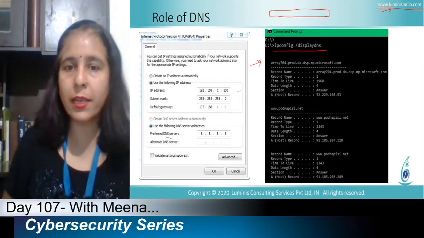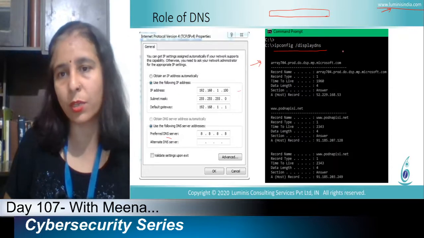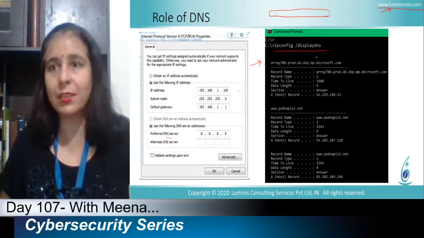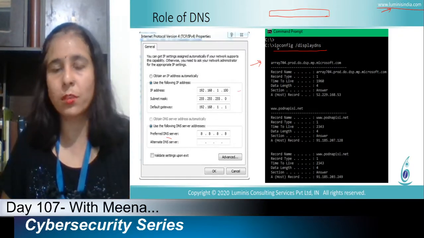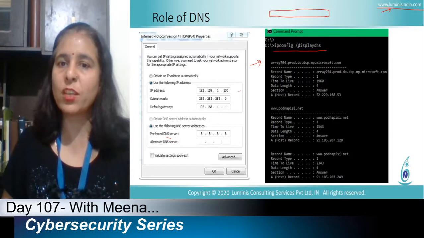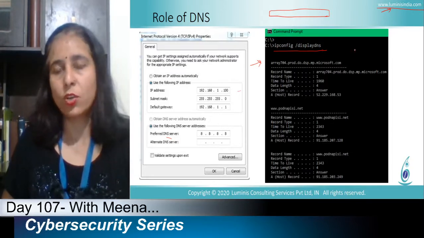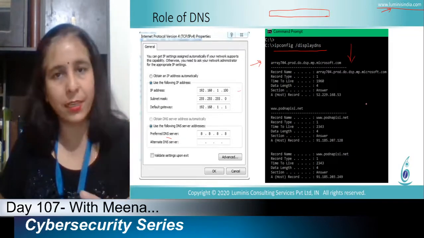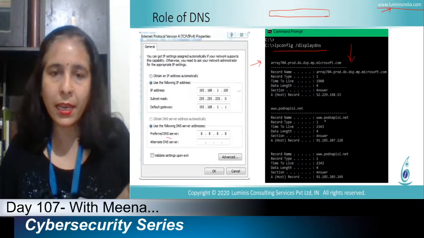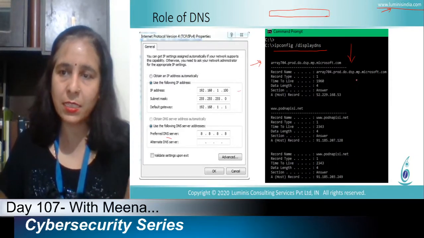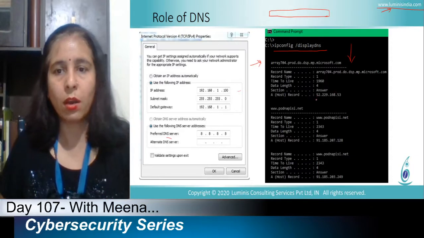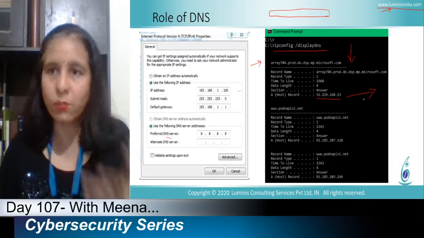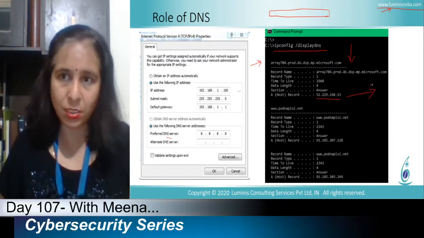So first of all it checks the cache, and you can see whatever entries are in the cache. On the command prompt, type the command ipconfig /displaydns. It will show you whatever entries exist in the cache. If it finds the entry in the cache, it takes the IP address and sends the request to the particular server. If it does not exist,